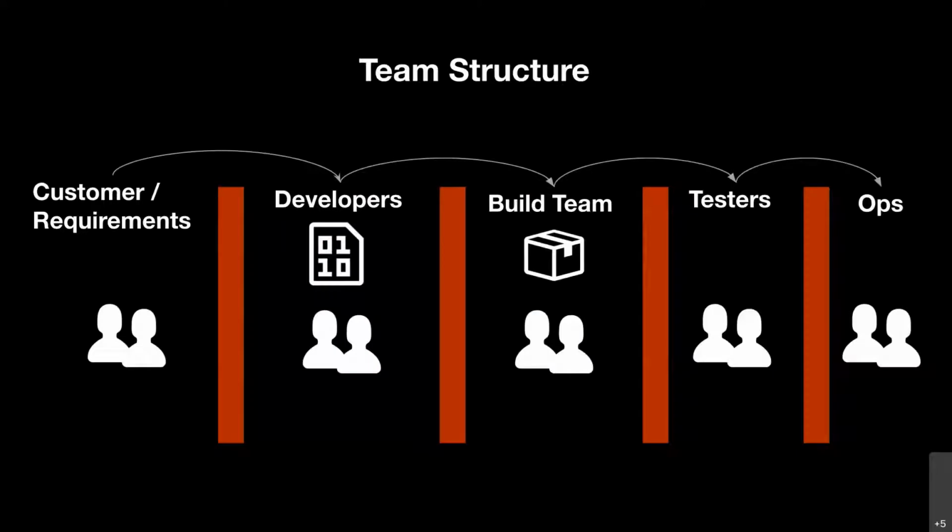The way it happens is it's actually silos in the SDLC lifecycle. The red lines that you see are what I call walls between teams. So your business analysts sit on one side of the wall, who hand over these requirements to the developer. They will develop something and hand it over to the build team, which brings all the components of the project together, puts it into a package, and then hands it over to the testing team, who would test it.